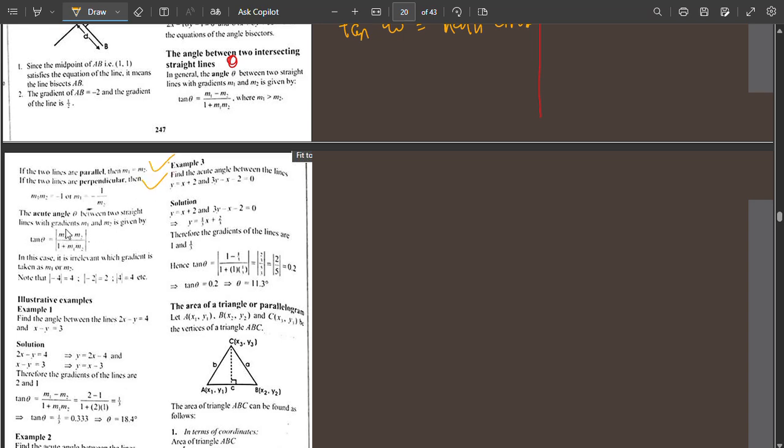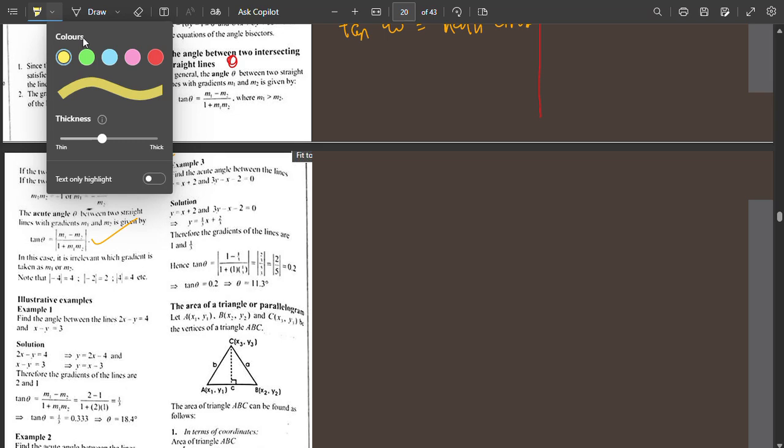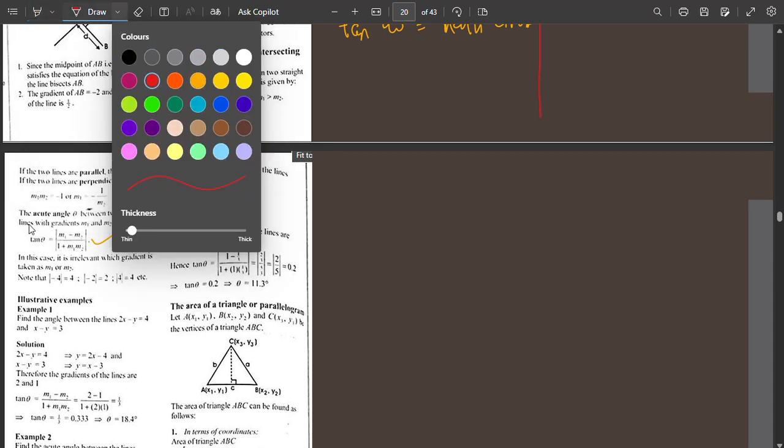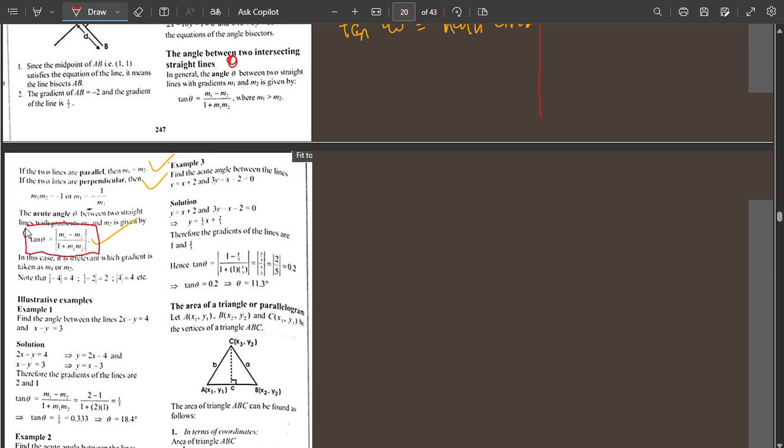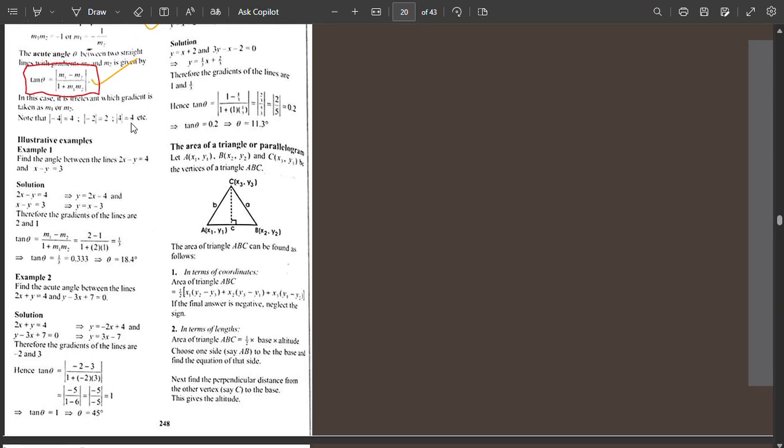The acute angle theta between two lines with gradients m1 and m2 is given by this, and this is what we just saw. So this is the formula we'll memorize. In this case, it is irrelevant which gradient is taken as m1 and m2. So we can take any of the gradients as m1 or m2. So yes, let's take an example. Our first example,